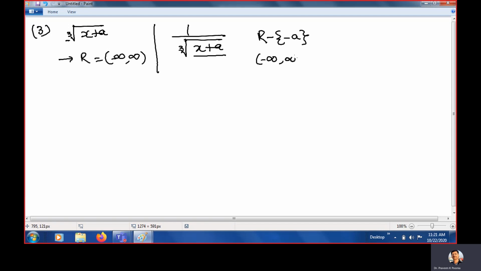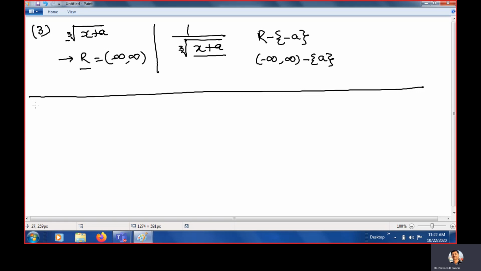So in both the questions, like the previous question and this question, are almost the same. Clear? Even though the previous slide questions were polynomial functions, here it is a radical function. Clear? So you need to focus here on this 3. If it is an odd number, then we need not evaluate anything. We simply write the domain is R.